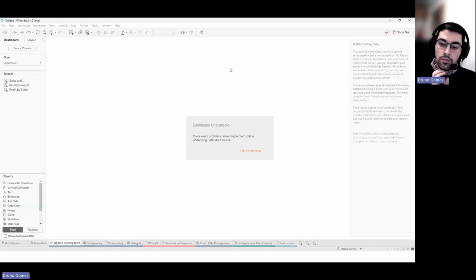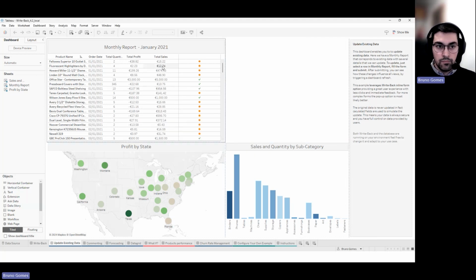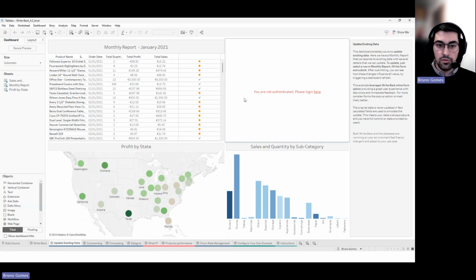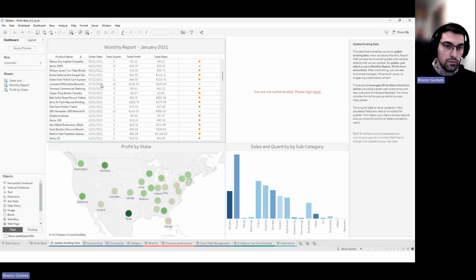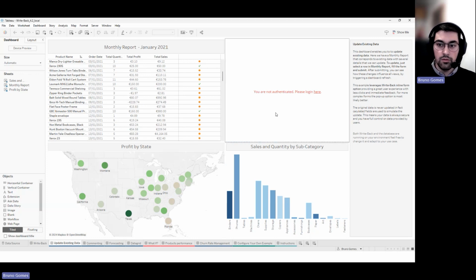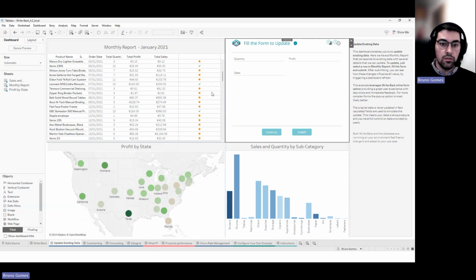So in this use case, what we have in here is basically a list of products where we can see their prices, their quantity, their profit, sales, and their quantity, not the prices. And it's a monthly report where we go over the month, we see all the products sold in that month, and we can make adjustments, see if the values are correct, and so on. So in here, I'm going to log in with a user that I have created for this purpose. Okay, and once Alice logs in, she's now able to create